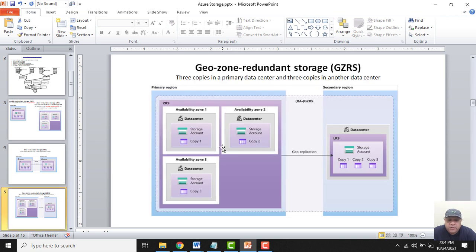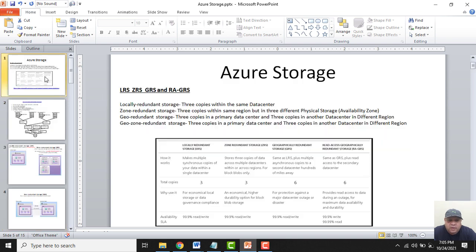These will be in different availability zones, and as a backup I will get 3 copies of the storage account in the secondary region, but these 3 copies will be in the same data center. So that is the concept of all these options that we get, like LRS, ZRS, GRS and RAGRS.